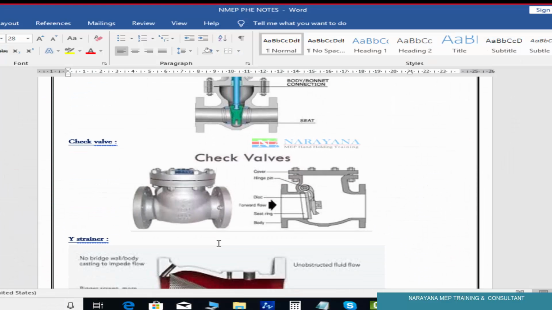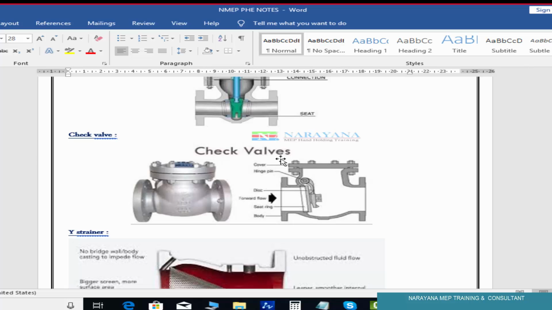Another one is check valve. What is check valve? I will tell. In the delivery line, suppose the pump is here. This all is called suction, right?